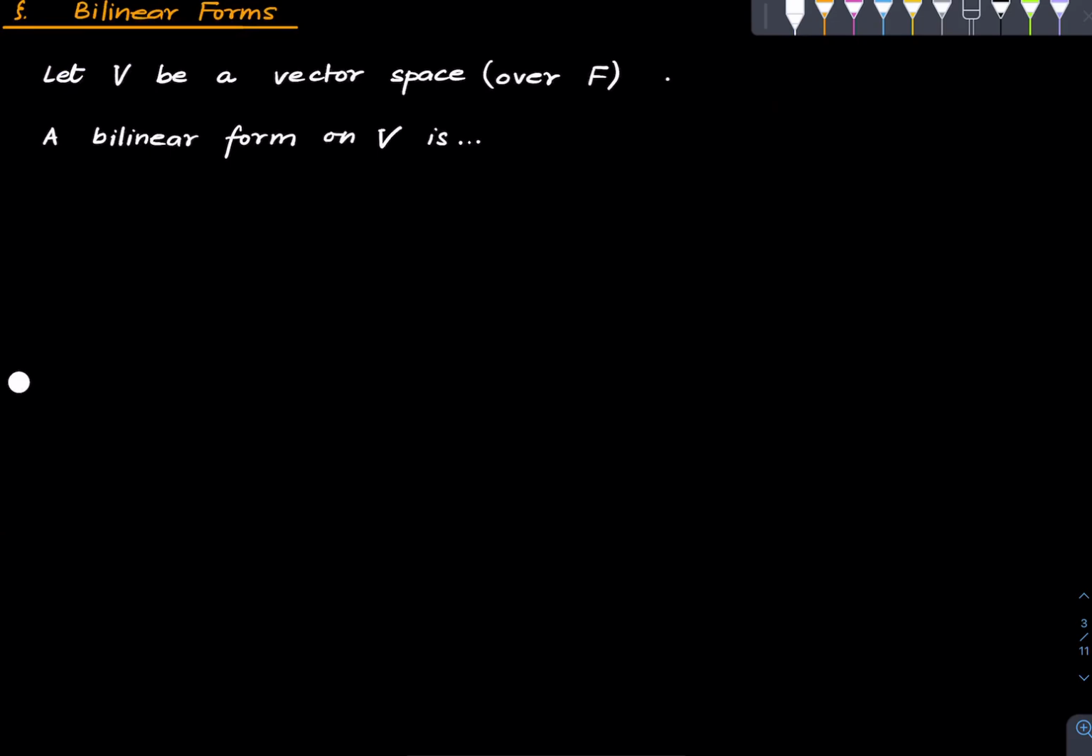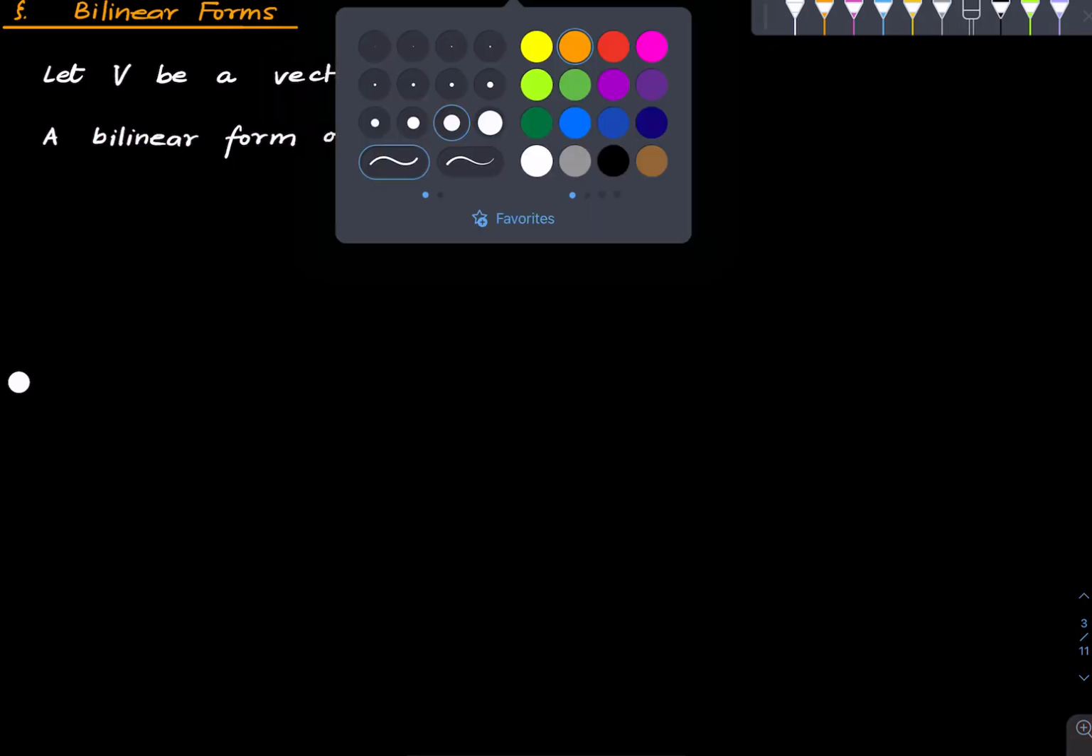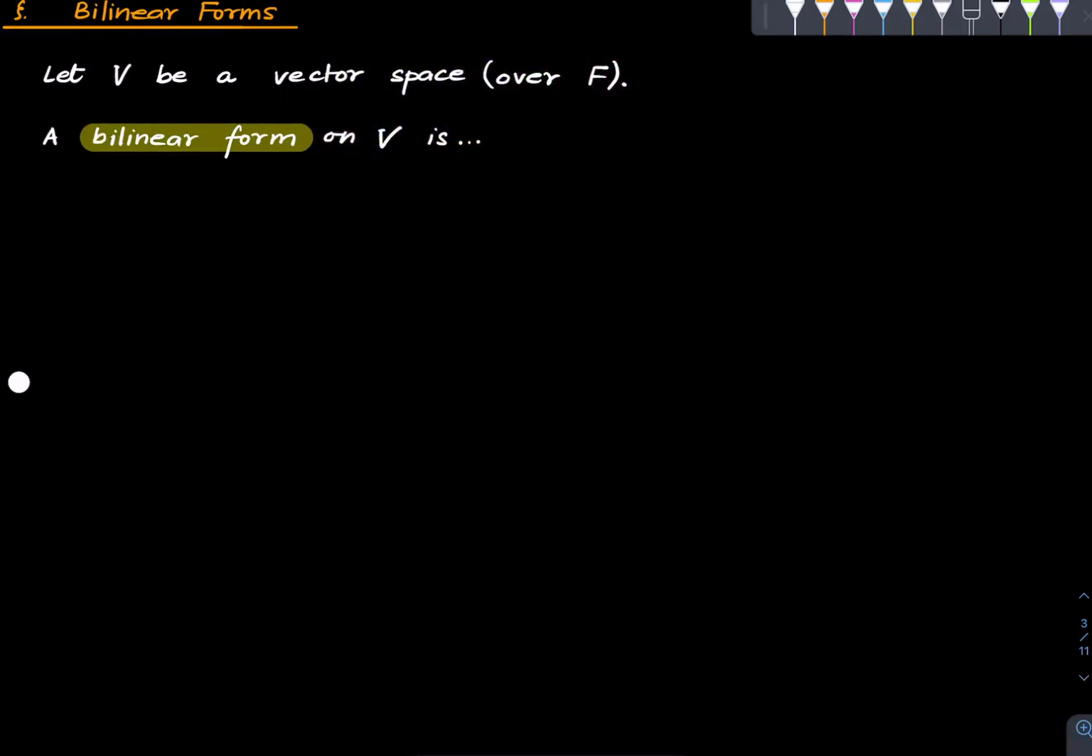So what is a bilinear form? Fix a vector space V. Let's say F is the base field. Then a bilinear form on V is a map f from V cross V to the base field. Unfortunately, I'm using little f and capital F, but I do not want to change it. I hope there is no confusion. This little f has nothing to do with capital F at all. Alright, so it is a map from V cross V to F such that